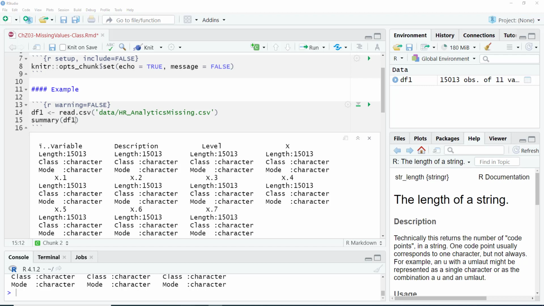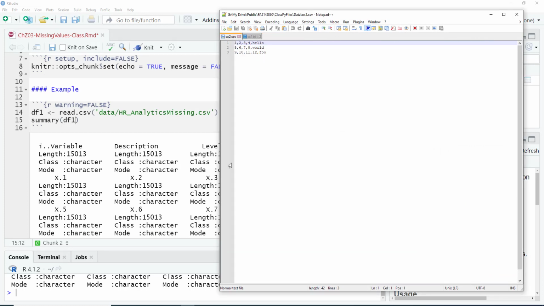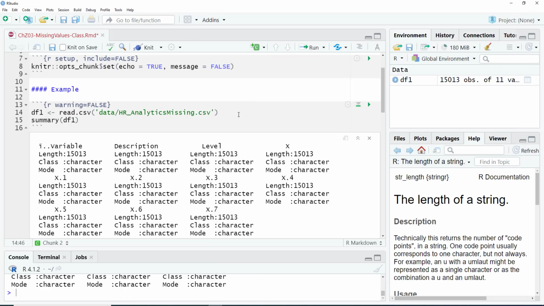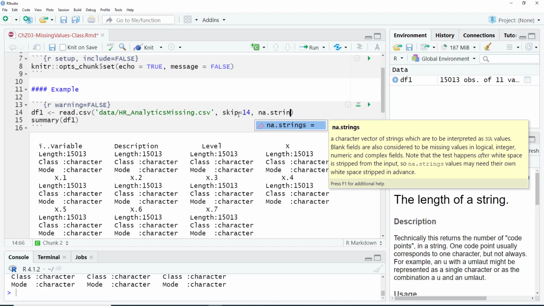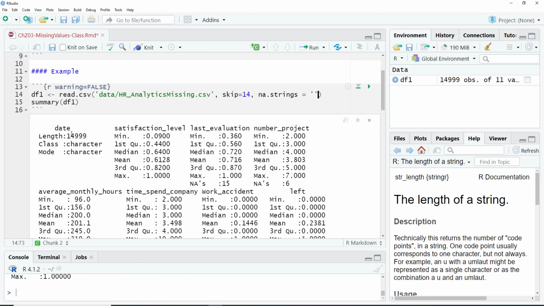The file has some information at the top which needs to be skipped. So I need skip equal to 14, and then I need na dot strings equal to a blank. Okay, so now we are reading in the data, and you see there is missing value here and here,